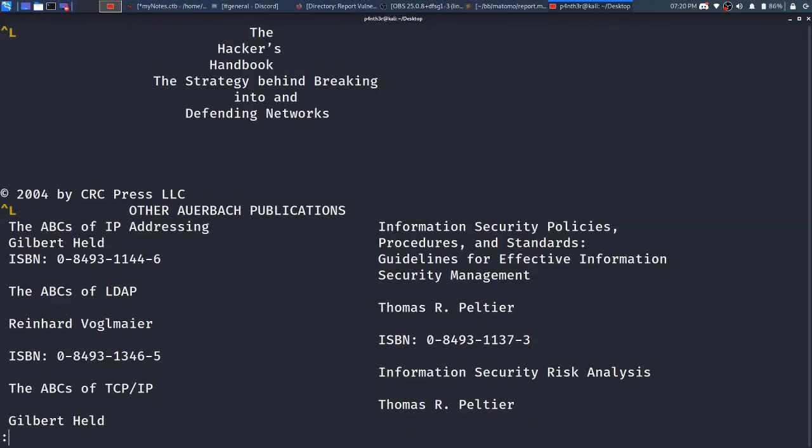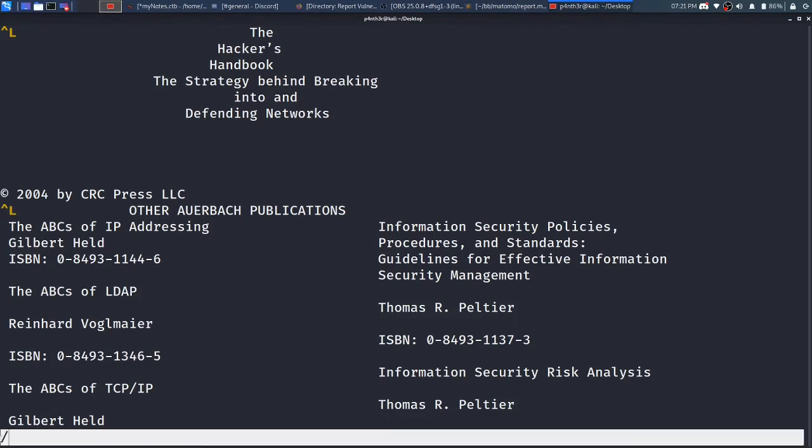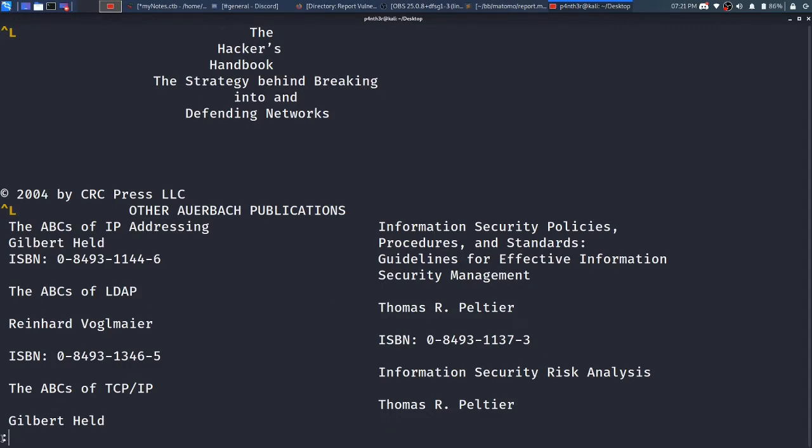The less command has one more feature I will tell you about. If you want to search for any string in that file, you have to type a forward slash. See here, at the bottom it is showing a colon. Here you can type a command, but to search you just type the slash and the string name.